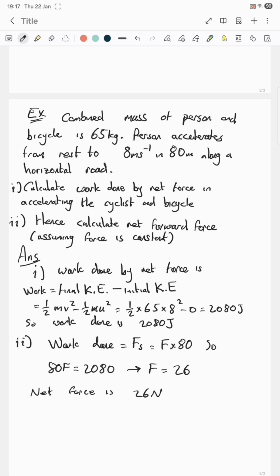Answer: the first answer, the work done by the net force, like what we've just said above, is the final kinetic energy minus the initial kinetic energy. So in more of a mathematical form, and once plugging in the values, we get 2080 joules. So the work done, Fs, equals the force multiplied by 80. So 80F equals 2080, hence F equals 26. So the net force is